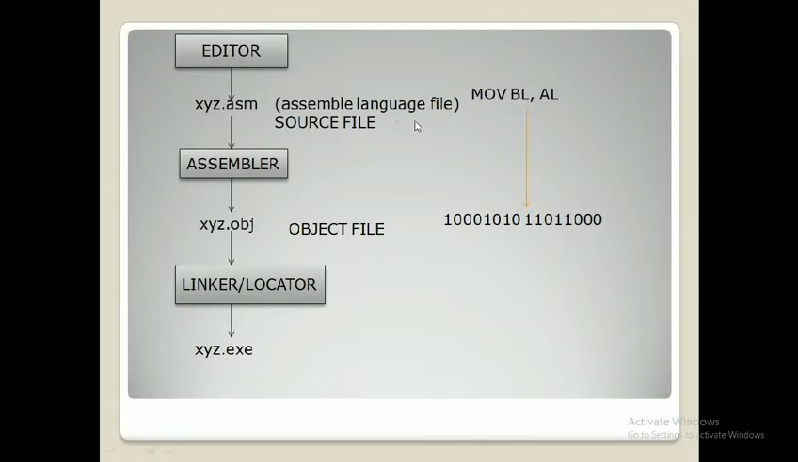And this file consists of all our mnemonics, for example move bl, al or add bl, al. All such mnemonics are present in this assembly language file. Now this source file is passed on to the assembler. The assembler will generate an .obj file, which is nothing but a binary file or an object file which will convert these mnemonics into equivalent binary codes, because your machine understands only binary language, so this assembler will convert your mnemonics